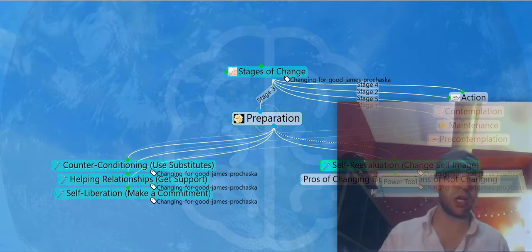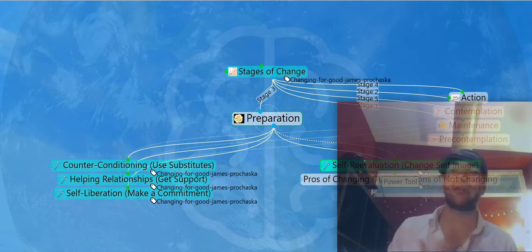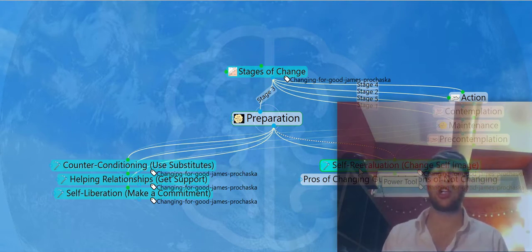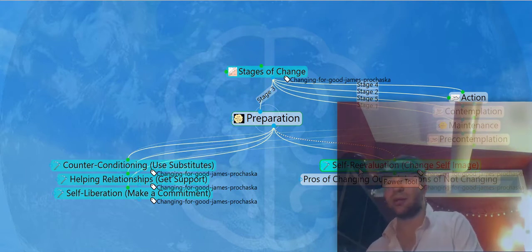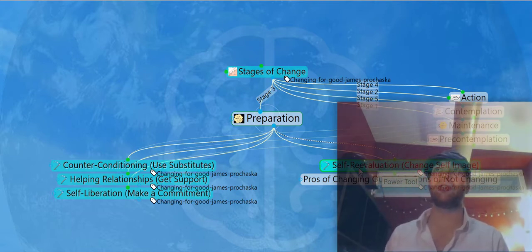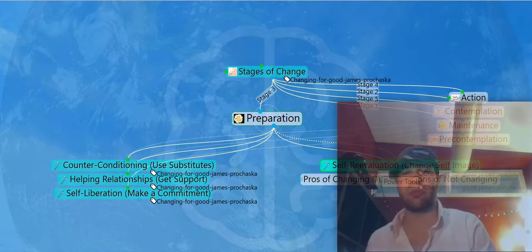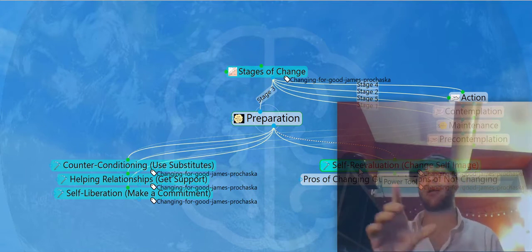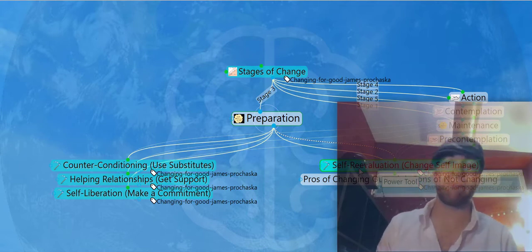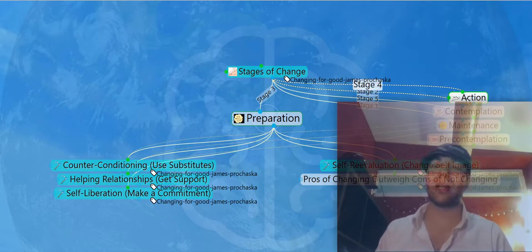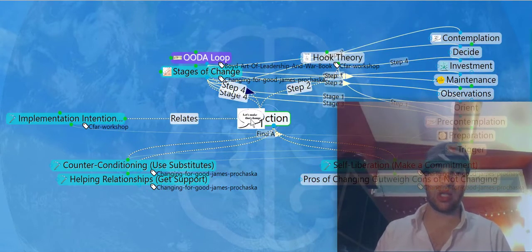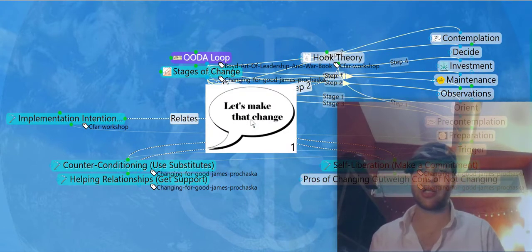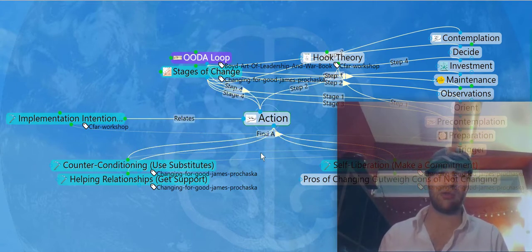After that action, you're actually bringing the change into practice. So this is where counter conditioning really comes in. You keep using counter conditioning, and again, you're substituting old triggers for new triggers, bad habits for different habits. So it's important here, whatever you're changing, you're not just getting rid of the old thing, you're substituting it with some new thing, hopefully that meets the same needs as the old thing or similar needs. You're continuing to use those helping relationships, and you're continuing to recommit, to make that commitment. At this point, the pros of changing better outweigh the cons, or you're in big trouble.